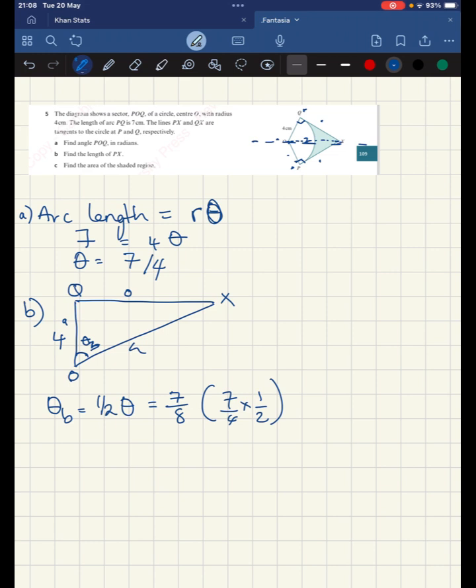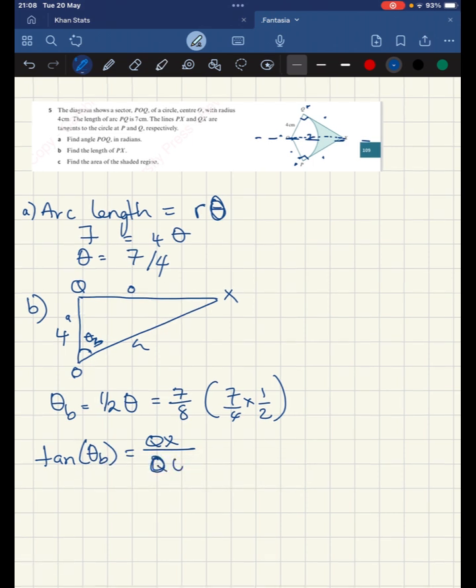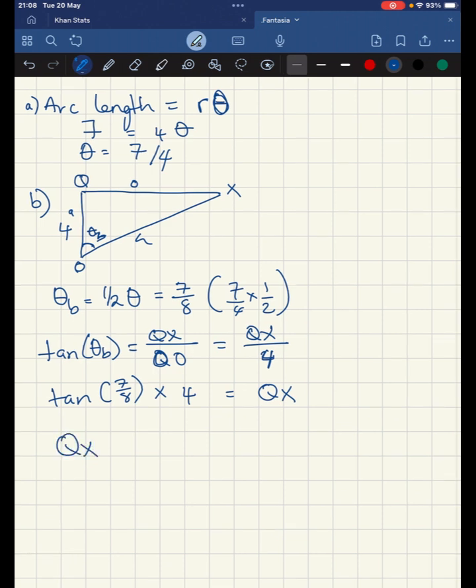So that would be tan of theta B is equal to the opposite, being QX, and then the adjacent being QO, which will then be QX over 4, right? So this is going to be tan of 7 over 8, times 4 on both sides, 4 tan of 7 over 8 is equal to QX, right? And then, all right, so if we put that in our calculator, what do we get? So we'll get QX is